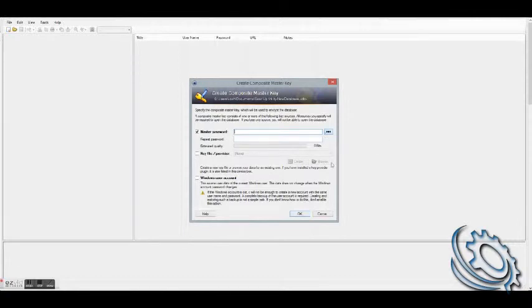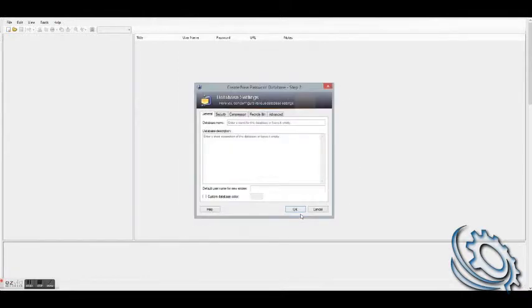This little button here, this clicks it on or off for showing the characters. So we're going to show the characters right now. So we're just going to do a simple password. And we're going to hit OK. Now it's going to ask for a database name. And we're just going to do a sample